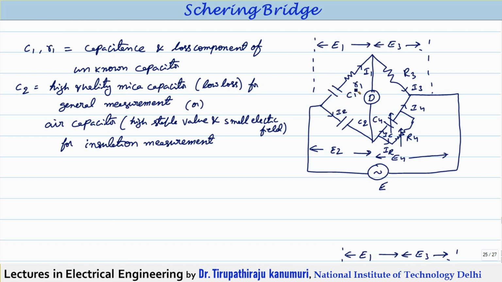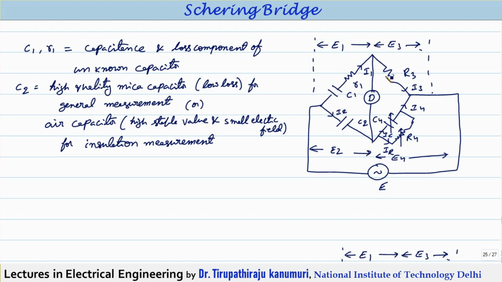Let us take C1 as the unknown value of the capacitance of the unknown capacitor, and the dielectric loss that is happening is represented by a series resistance R1. In some cases you will observe that it may be represented in parallel. It is one and the same value, because there are two ways of representing the dielectric loss, either as a series resistance or as a shunt resistance. We are following the series resistance notation because it is most commonly followed in every book.